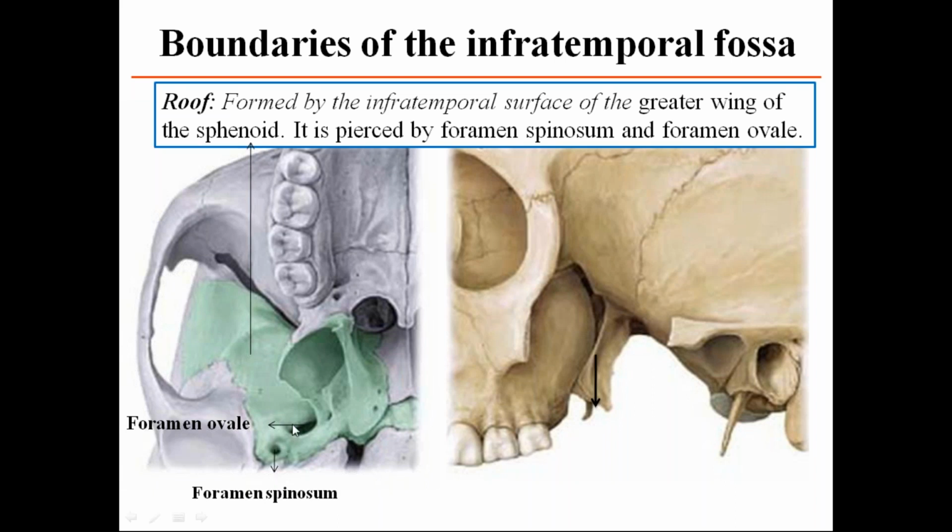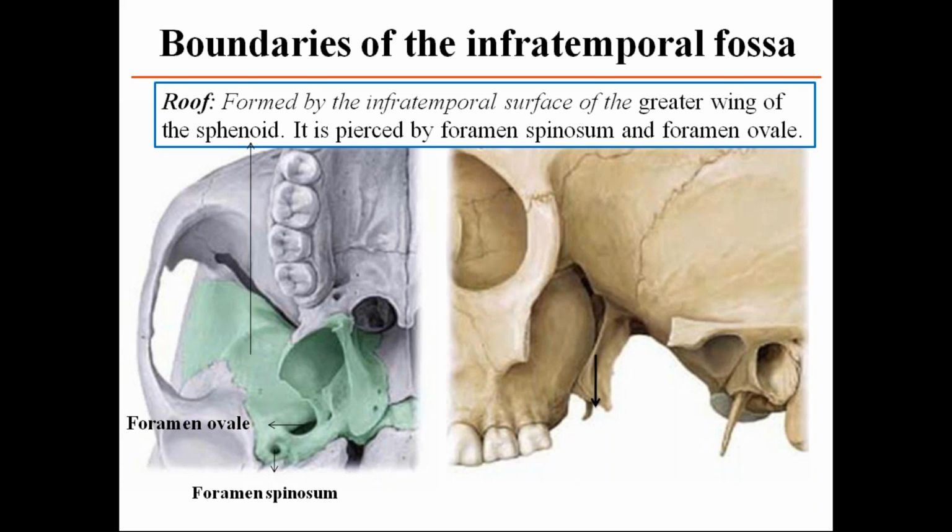So foramen ovale transmits the mandibular nerve. That is the MALE structure, or it is otherwise called the MALE structure. So MALE means M for mandibular nerve, which is a branch of the trigeminal, A for accessory meningeal artery, L for lesser petrosal nerve, E for emissary vein. Okay. So the mnemonic is MALE. You can keep anything. So M stands for mandibular nerve, A for accessory meningeal artery, L for lesser petrosal nerve, E for emissary vein.